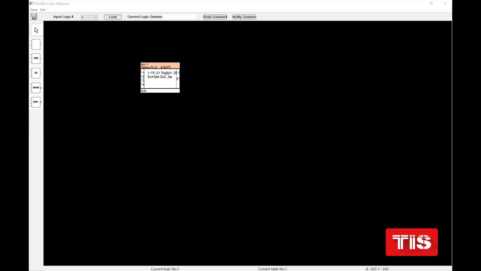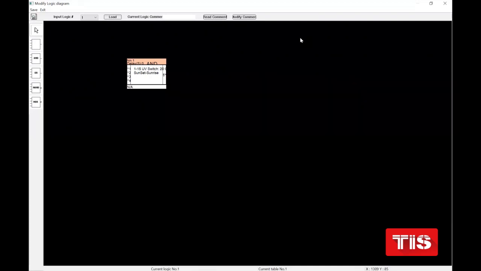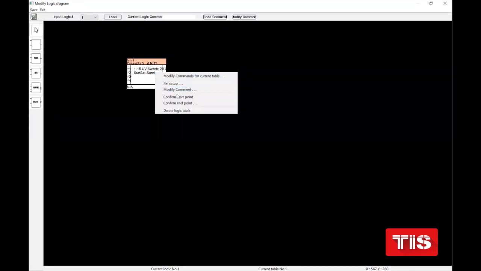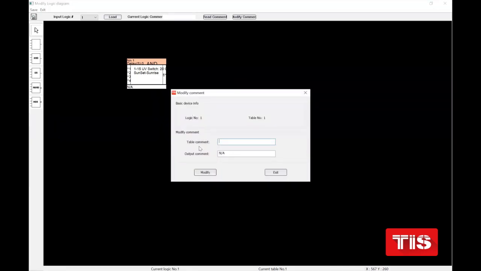Okay, I want to tell you, after 1 year, you go to the client's home and you want to change something. It's difficult. You find this table, maybe you have 100 tables. How can you find which table is related to the curtain? Therefore, it's better you put comments for your table. If you right click on the table, we have 2 comments. Modify comments. Here for table comments, for example, I said ES motion,